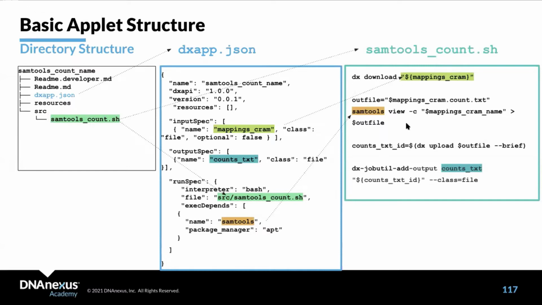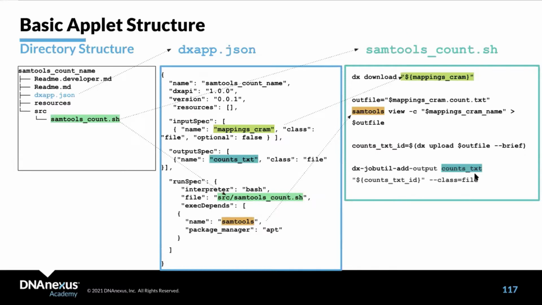We will go into different parts of the code. What I need to emphasize is that the dxapp.json, which the dx-app-wizard will create, is a skeleton structure. It will also create a JSON which will be filled in by what you specified during the wizard procedure. And this will also link to your